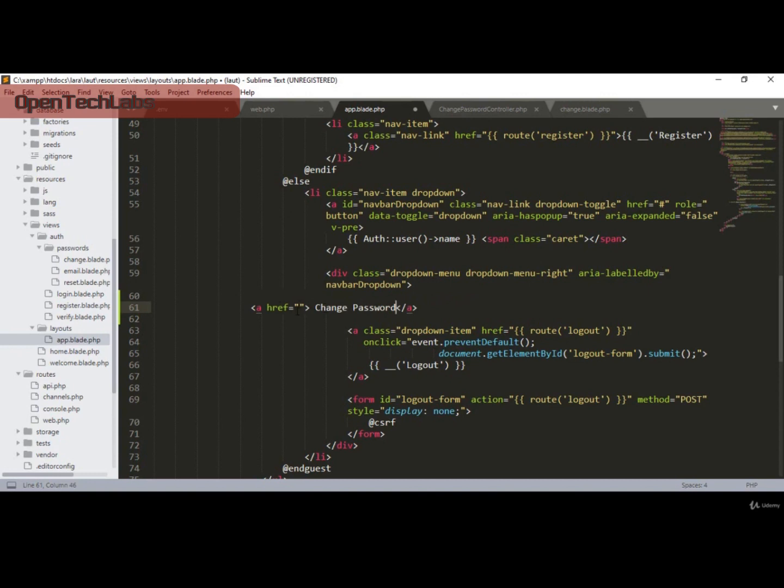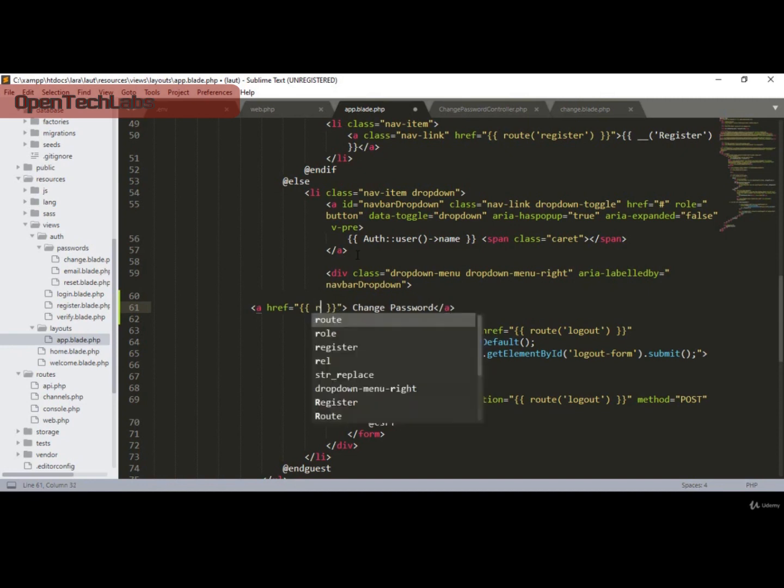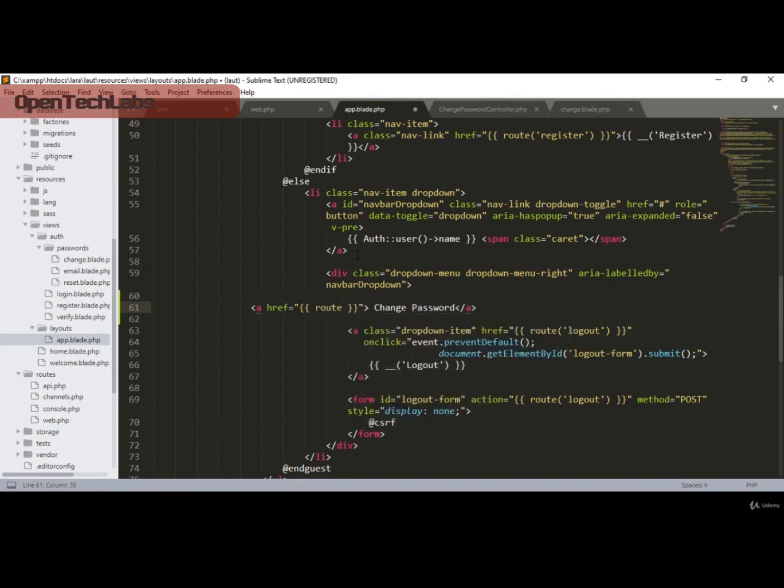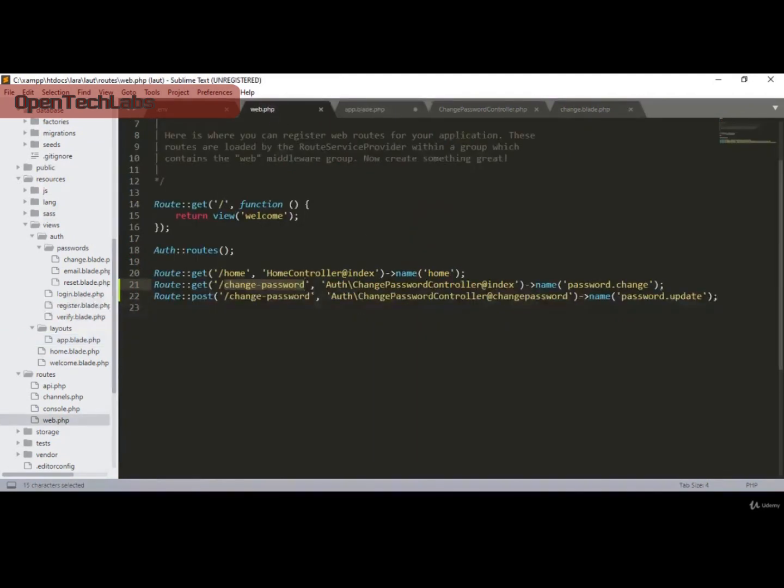Okay, I just defined it as change password, and here I also want to define a route for this one. First of all, you have to define the double square brackets, and in that position I define that route. Okay, I define the route for this one as, I already created